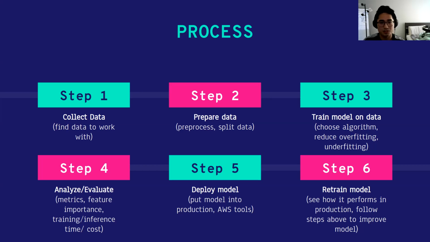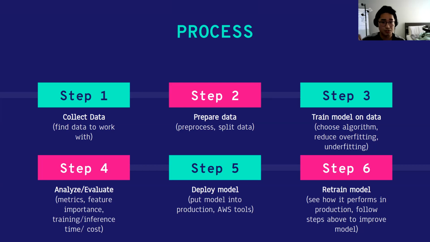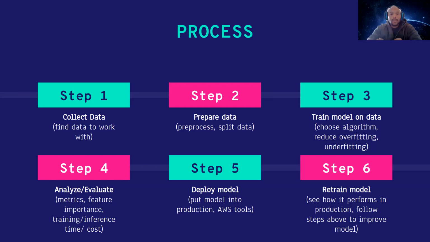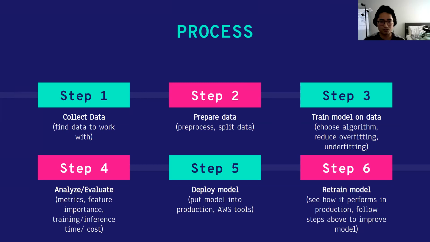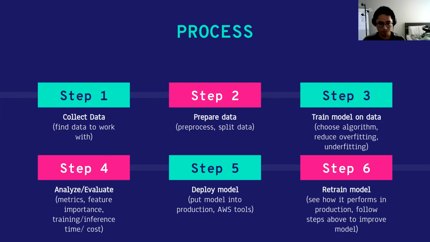All right, so let's get started with designing our first machine learning model. We'll be designing two different machine learning models: one to solve a linear regression problem, and one to solve a logistic regression problem. Like I promised from our first workshop, we will be going through this whole design process where we collect our data, prepare our data, train our model on the data, and analyze its accuracy. We won't go through step 5 and step 6.